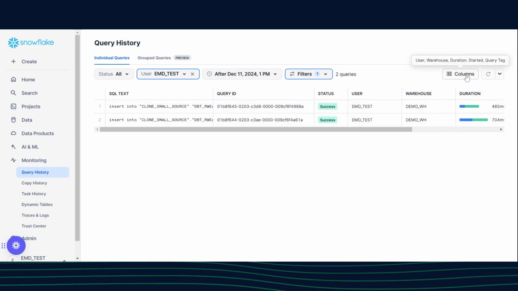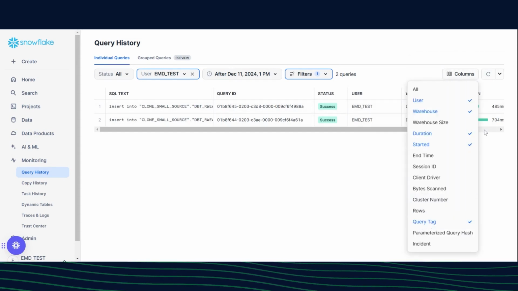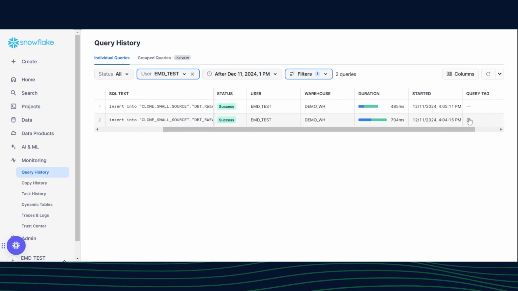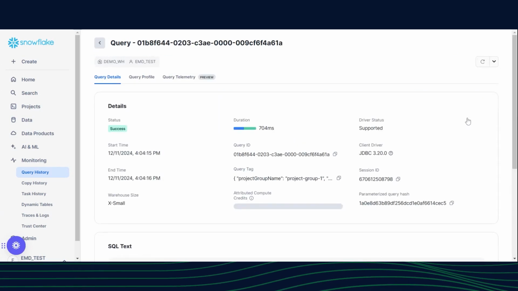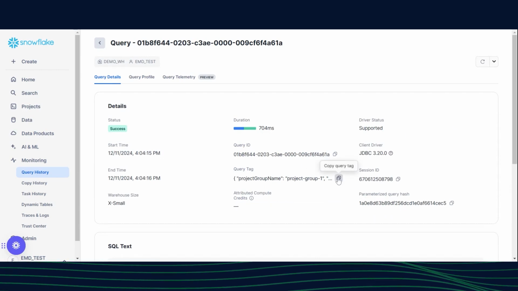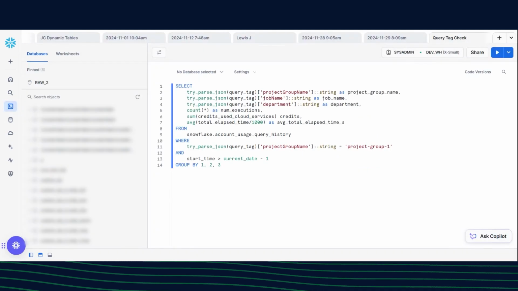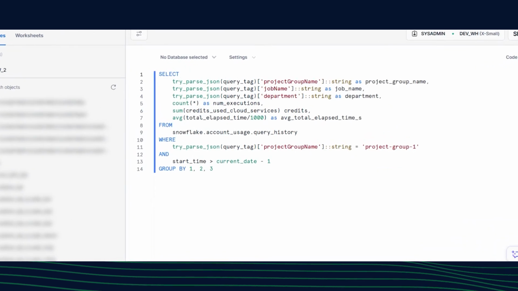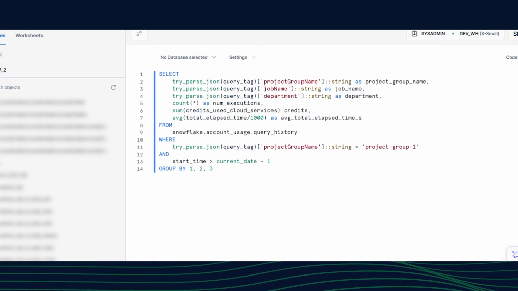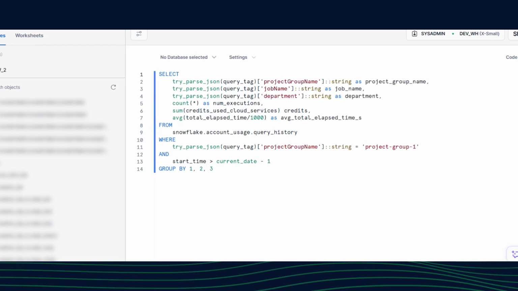Enabling the query tag column displays the tag associated with each SQL run. These tags contain standard automatic variables along with bespoke elements such as the department. This enables us to extract and analyse query usage data effectively. Using the SQL query window in Snowflake, we can extract information from the query history. Since the tags are stored as a JSON string, we can use JSON parsing techniques to extract specific details such